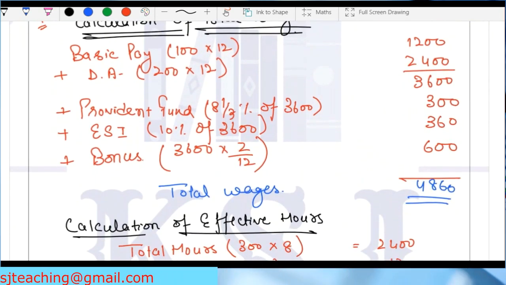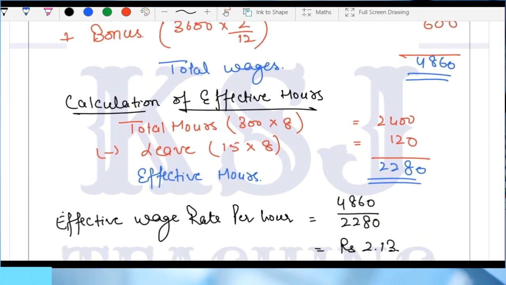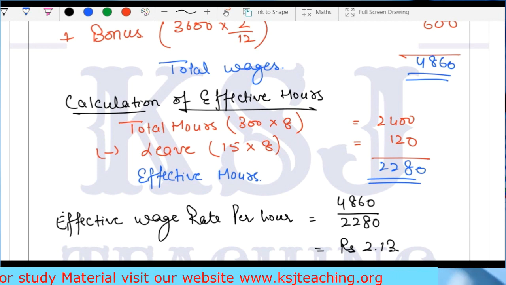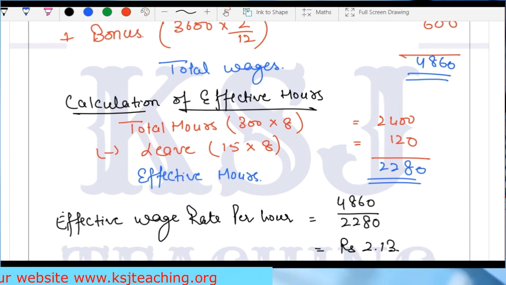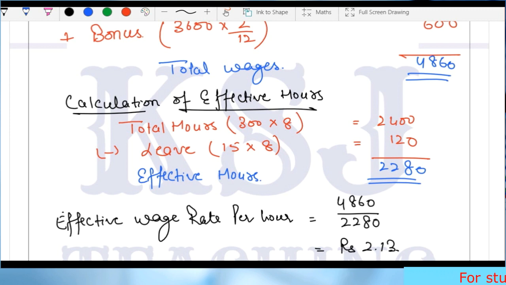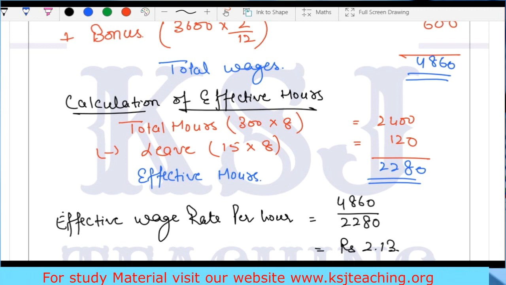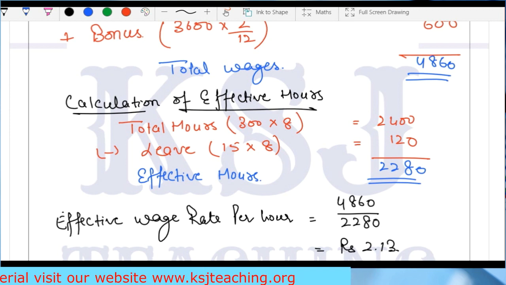Very simple questions, right? What is important is your concept should be clear. That's why I always say that concept clarity is very, very important in every subject, not only cost accounting. I always focus on concept clarity, whether it is the cost accounting lectures already uploaded on YouTube, the Hindi lectures, the financial management lectures, or the economics or finance lectures. My first focus is always on concept clarity, so that everything is crystal clear to you. The concepts are of the utmost importance, right?